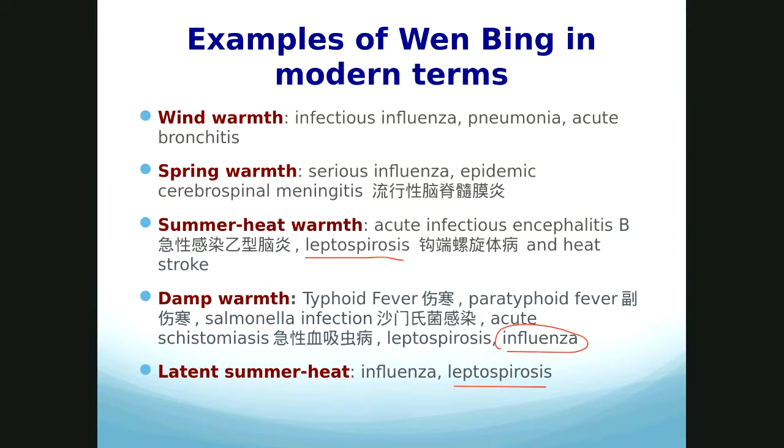Some damp heat worms, you can choose hepatitis, not necessarily using all the list here. You can choose hepatitis presented with a combination of damp heat. Make sure you're choosing either damp dominated or heat dominated. So no matter what the illness, you have to pick proper clinical manifestations. Now, any questions here?